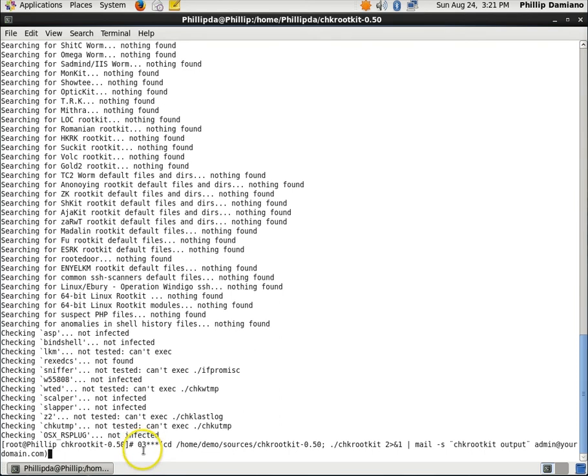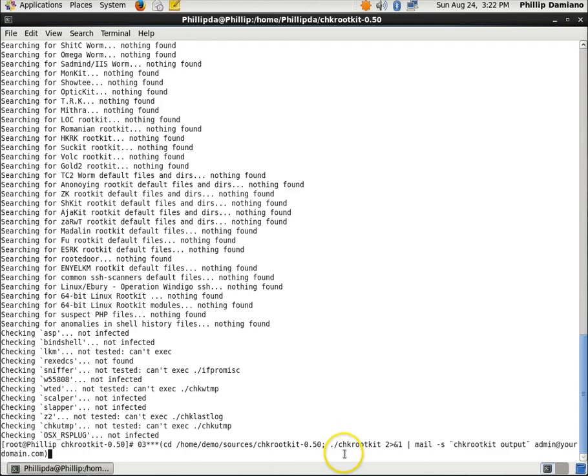If we wanted 0315, it would be 15 3. If it was 0330, it'd be 30. If it's 0345, we'll put in the 45, followed by the 3, etc. We'll then change to the directory where chkrootkit is installed, and then type in the following